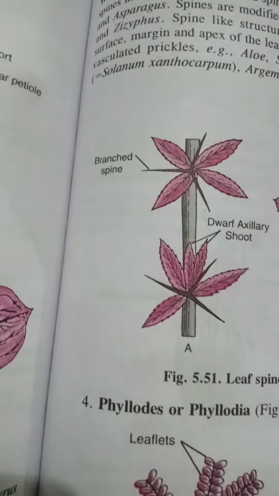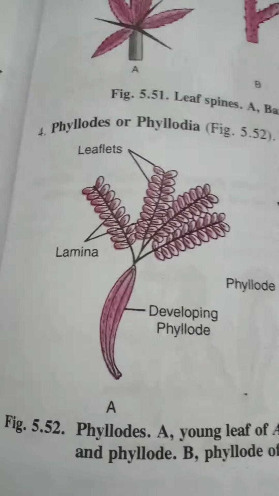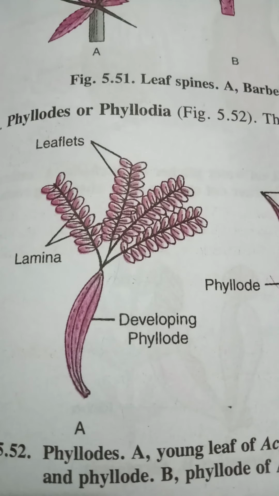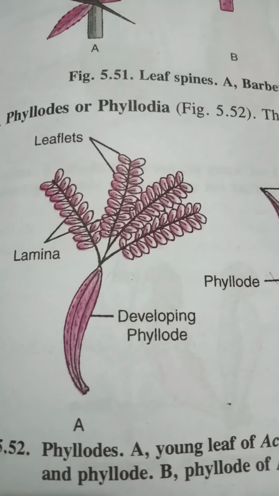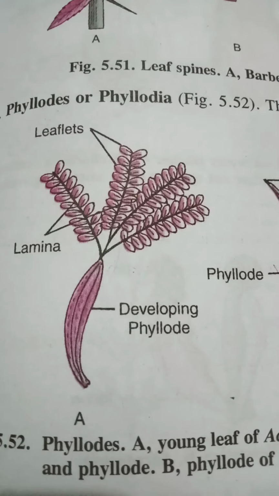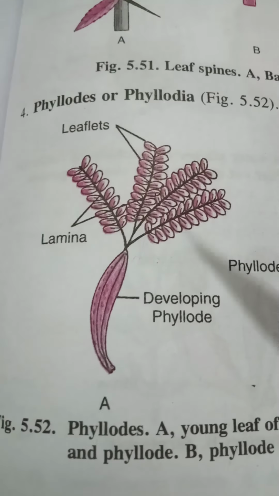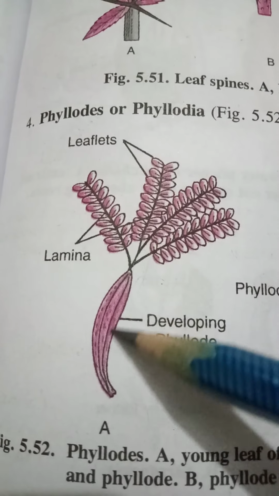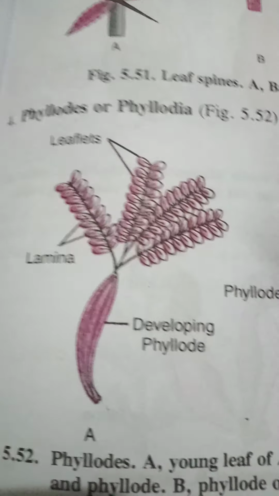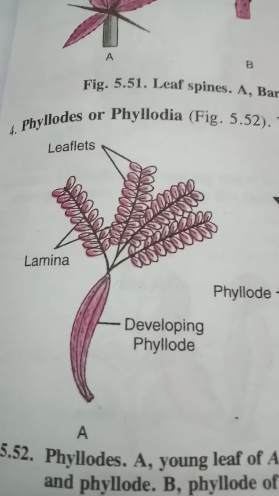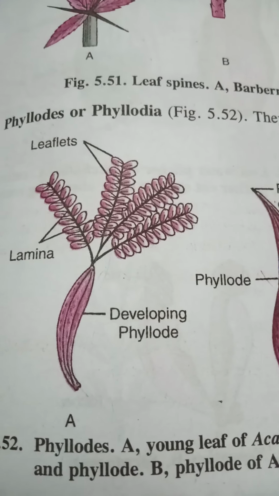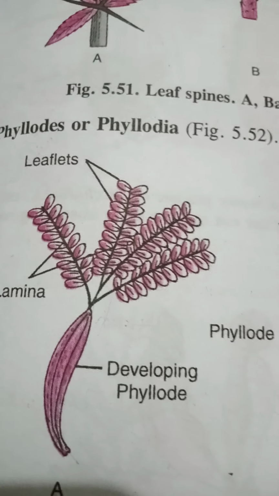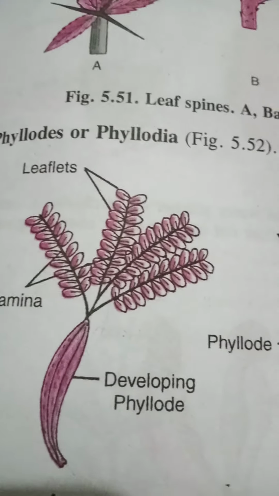Then next we come to phyllodes. We have already studied phyllodes while studying the modifications of stem. A modified expanded petiole which takes over the function of photosynthesis because of the suppression of the lamina is known as phyllode. Here you can see this is the lamina, which is a bit suppressed, so for that reason the petiole becomes modified into a phyllode. In case of Australian acacia, the bipinnate lamina is absent and so the petiole and the rachis are expanded to form a sickle-shaped green flat phyllode.